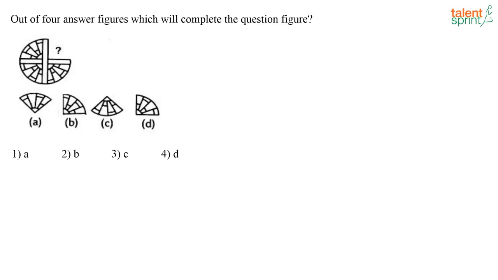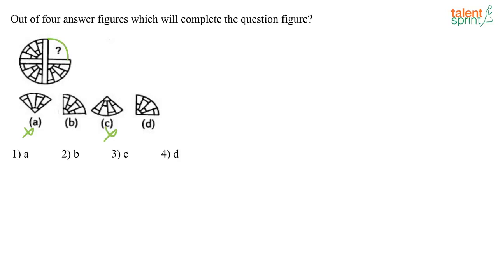Next one. Out of the 4 answer figures, which will complete the question figure? Again, here you can eliminate a few options, right? So you know here definitely it's going to complete the circle. So it's going to come like this. Eliminate option A and C. You are left with option B and D. Now check which of these satisfy the